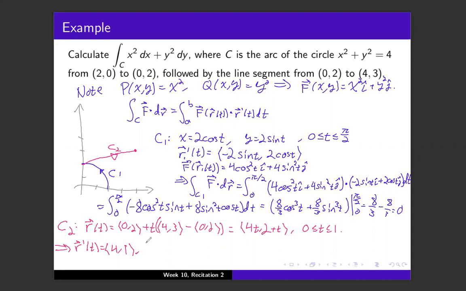Okay, so we know what R prime of t is. This is R2, by the way, for C2. F of R2 of t would just be 16t squared, comma, 2 plus t squared. So the integral over C2 of f dot dr will be the integral from 0 to 1 of,